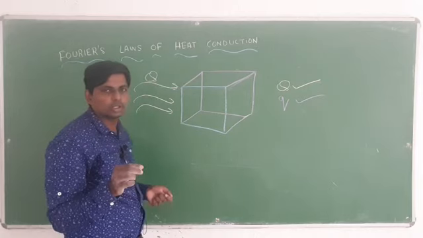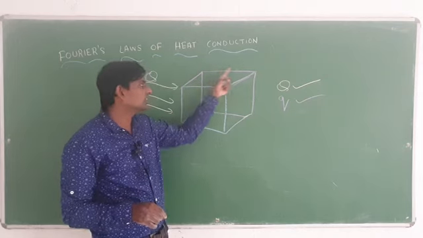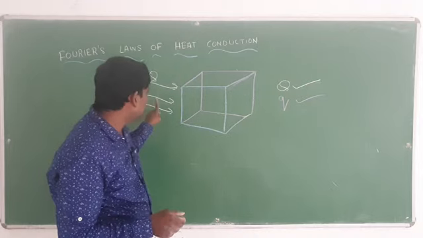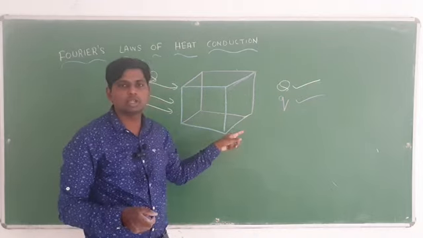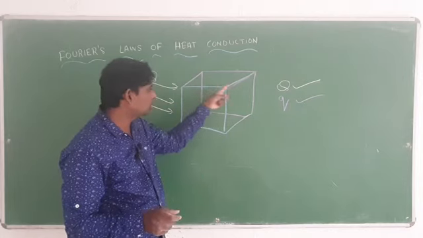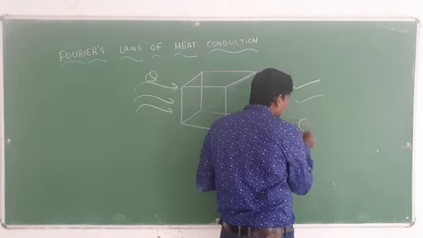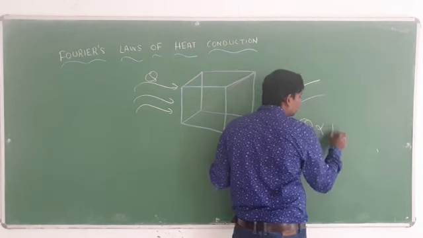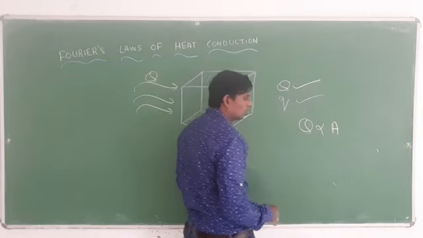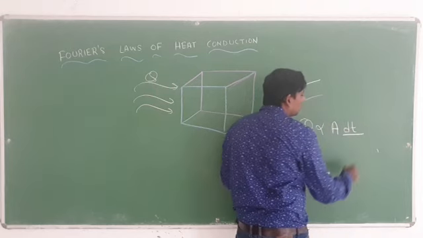The rate of heat transfer through a simple homogeneous solid is directly proportional to its cross-sectional area. How much area is there? Q is directly proportional to its area, and its difference in temperature, the temperature gradient, and